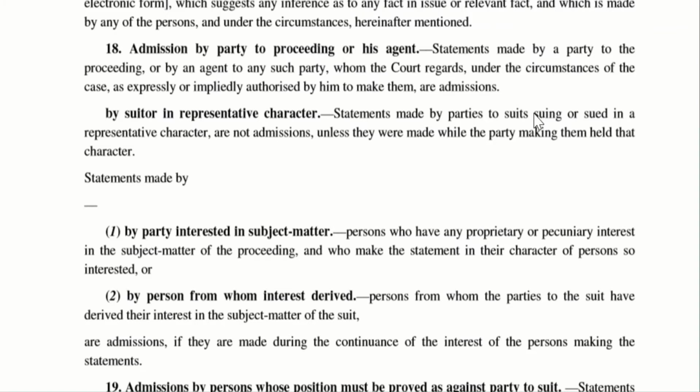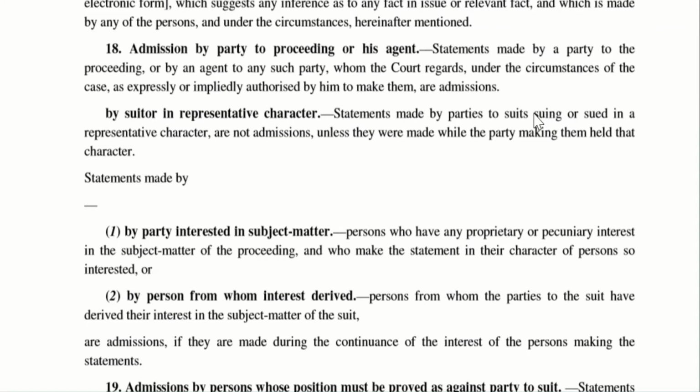At that time, a case is being filed against the property, saying that somebody else is also having a right over the property. In that case, a person who is having any proprietary or pecuniary interest in the subject matter. So, in this case, there is one more person, that is the grandson, who is having a proprietary right over the property. Because he is the owner of the property, only thing is, his father was holding the property on behalf of his son. His grandfather has written the property in the name of his grandson. So, in that case, the grandson has also a proprietary right.